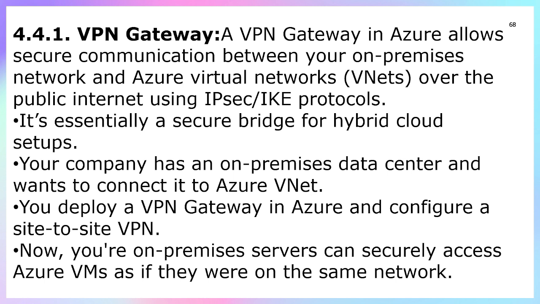VPN gateway is mainly of three types. One is the site-to-site virtual private network, that connects the on-prem network to the Azure VNet. It is used for a permanent office-to-cloud connection and needs a VPN device on your on-prem site. For example, your company office connects to your Azure VNet through the VPN device. Both networks act like one, right?